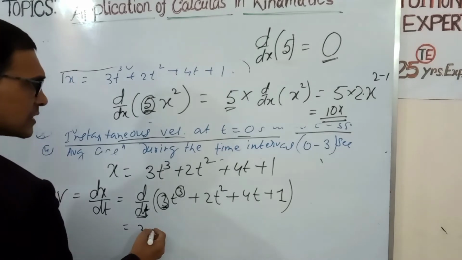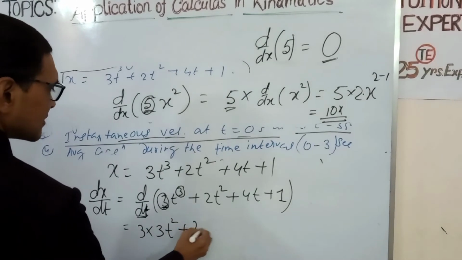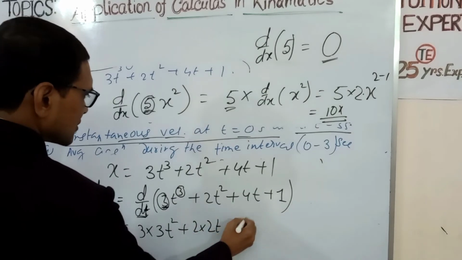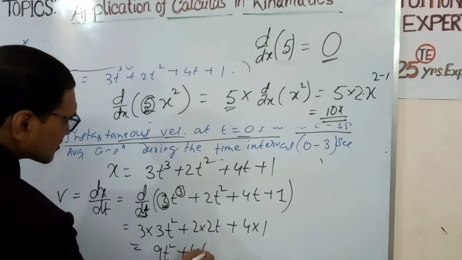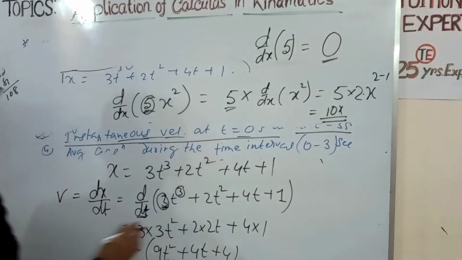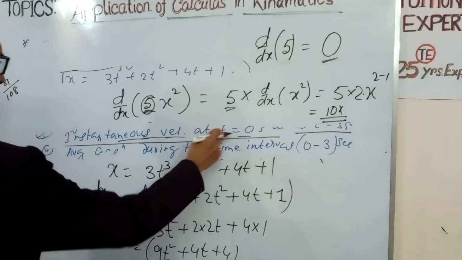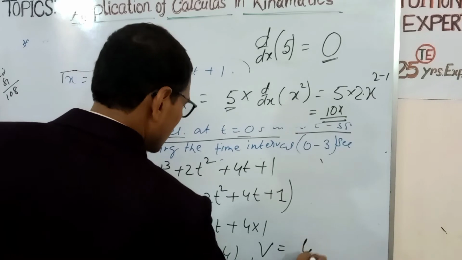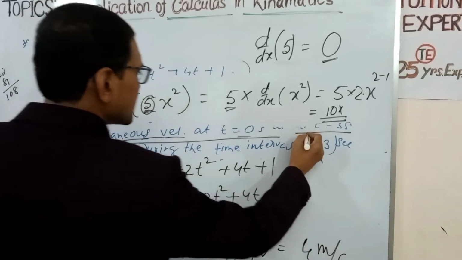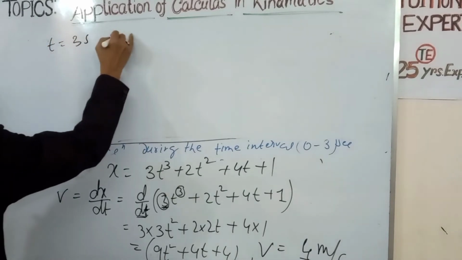Now this will be 3 into ... so this is the velocity in terms of time. Now to find the velocity at t equal to 0, put t equal to 0 here. So this becomes 4. Now velocity at t equal to 3 second: put t equal to 3 second here, you get the velocity at 3 second, and at t equal to 3 second, the velocity becomes ...